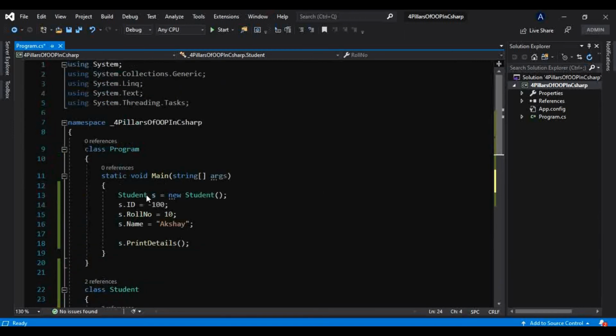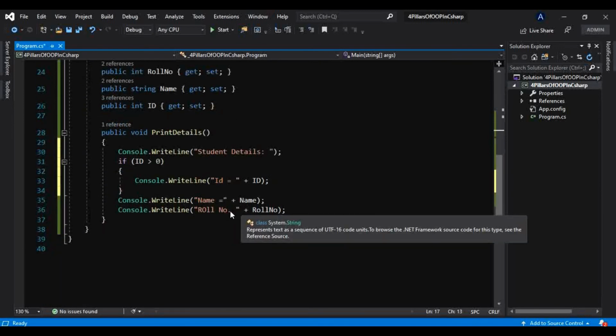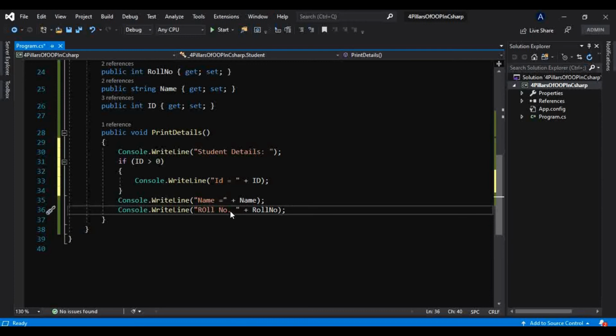Okay, so now if the user is entering this -100, and if I print that, and before that let me correct some things here. Let me just give equal to here, so that it will be more readable.